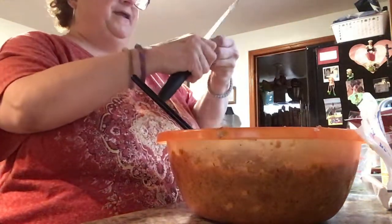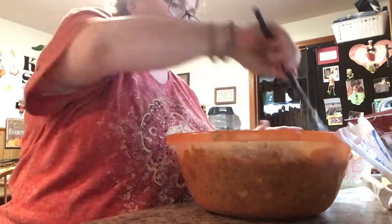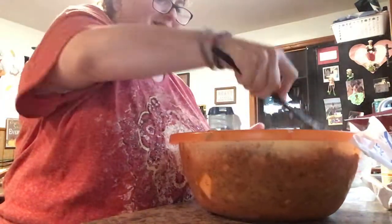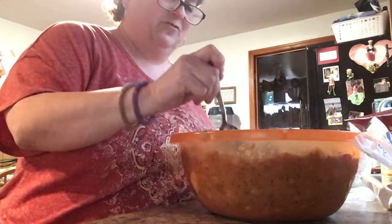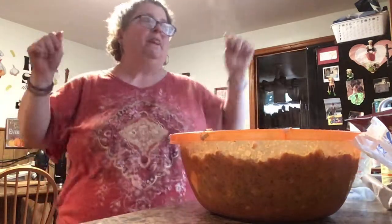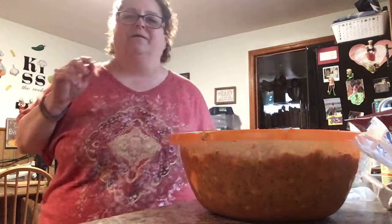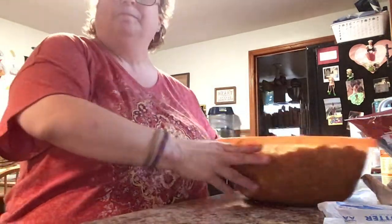The more butter, the better. So good, and it's not even cooked, guys. It is so delicious, and it's not even cooked. Oh my God. This is going to be awesome. All right, guys. Last taste test, okay? Happy stuffing dance. I can't really dance because of my back. So delicious, guys. Look at that. Now this is what's going to go in the turkey, and whatever I have left over, I'll put in a little baking dish